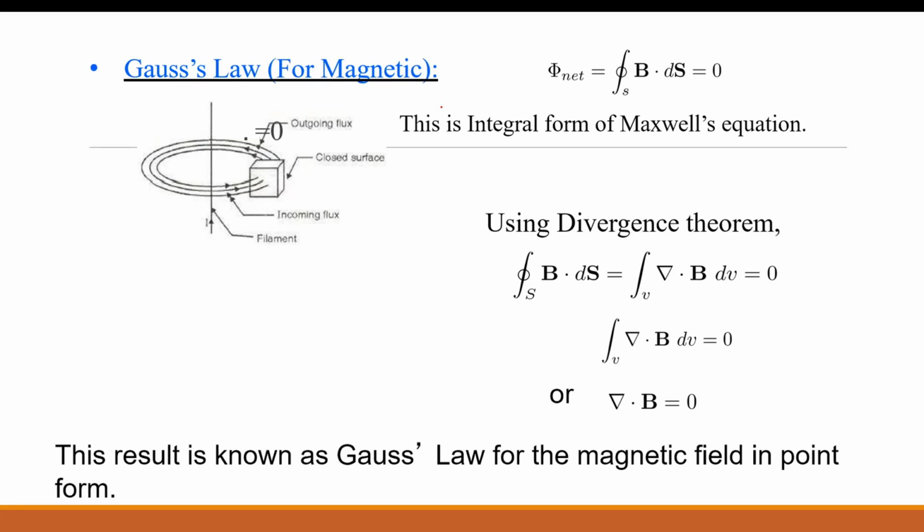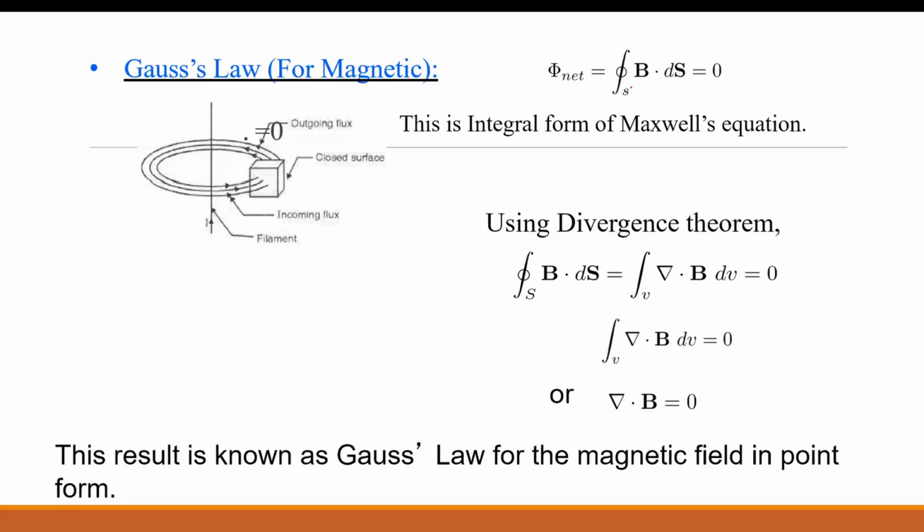In the magnetic field there is also flux present, and that flux we call phi. Okay, so the total phi is equal to the closed integration of B bar dot dS bar is equal to 0. What does it mean? In the magnetic field, B bar is known as the magnetic flux density. Magnetic field present on a given area is known as the magnetic flux density.